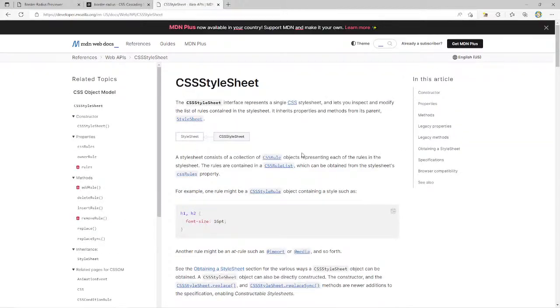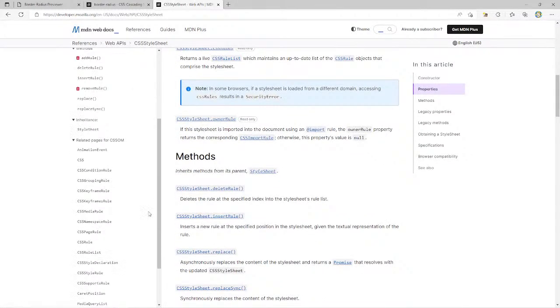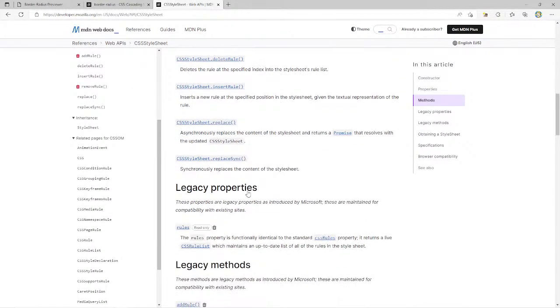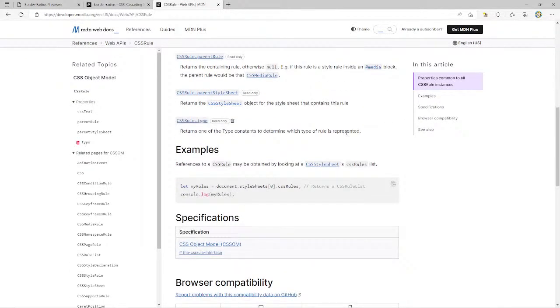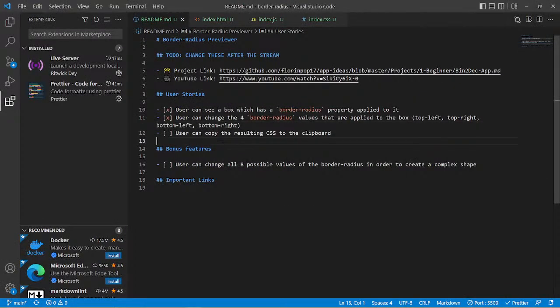CSS style sheet. It represents a single CSS style sheet. Okay, oh, maybe a rule. Represents a single CSS rule. Document style sheets returns a CSS rule list. Okay, so let's think about how to do this. I want to be able to display that. It would be nice if like in our,